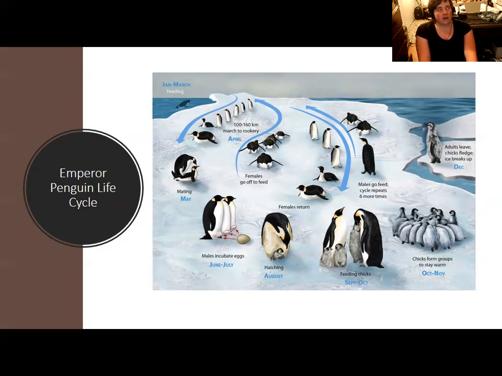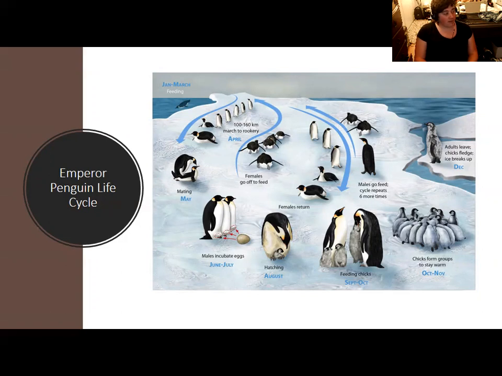Male birds do often incubate eggs sometimes, but it's still relatively rare for it to be this systemized. So that's an adaptation that helps penguins as a species survive. There's kind of a pouch in their feathers. Both male and female penguins have this, where that has evolved to help them cover the egg. So they incubate the eggs on the ice. They don't let the egg touch the ice. They're kind of keeping the egg between their legs in this pouch, and that's a very unusual situation for a